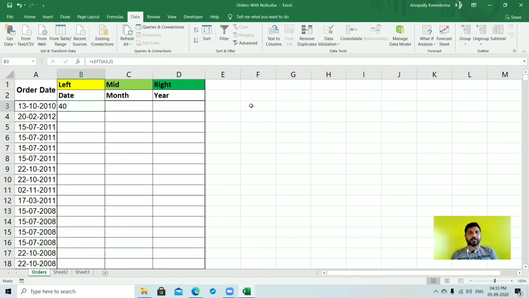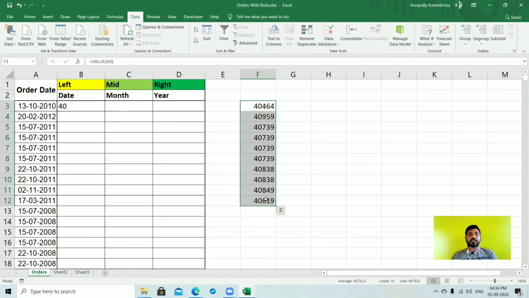The reason is that the cell contains a value with a serial number equal to the date value. So this is the serial number for this date. See, I'm filling this down. So these are all the serial numbers for these days. That's the reason we are getting 40 from the starting 2 characters.